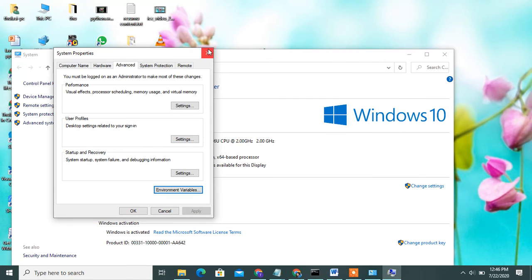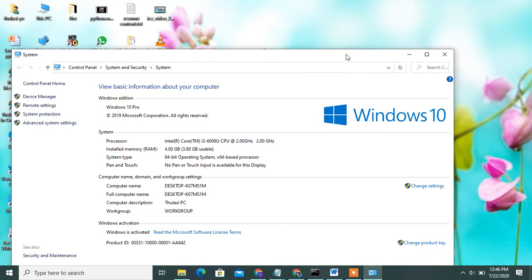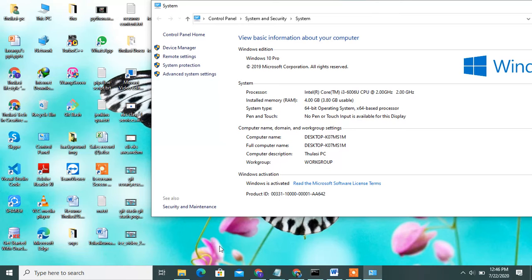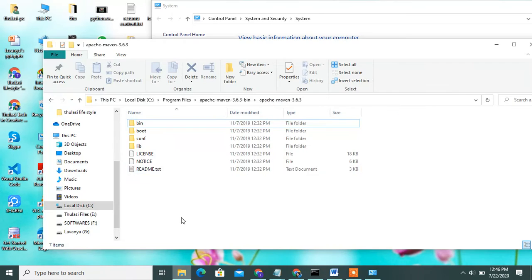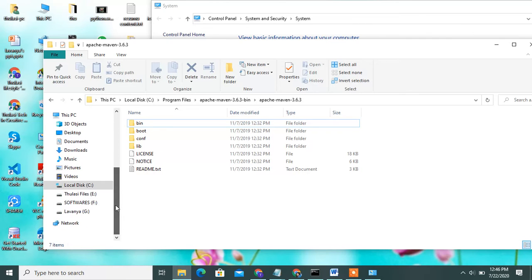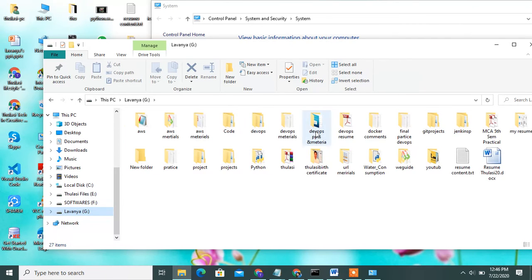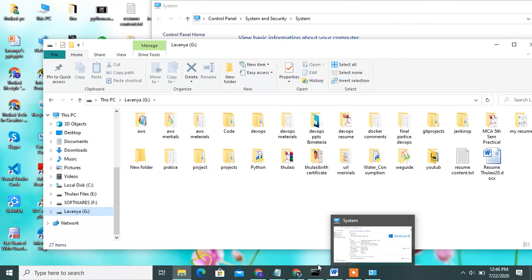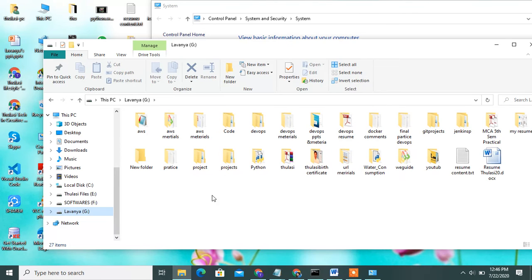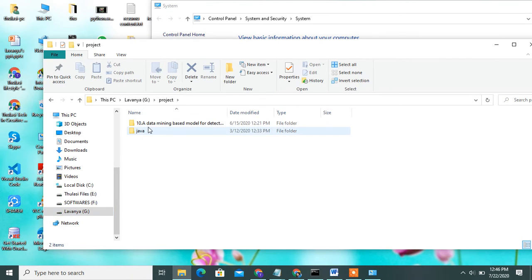Then go to the command prompt. Go to the folder where you store all your projects; create one folder for that. Then go to that folder, my projects folder.